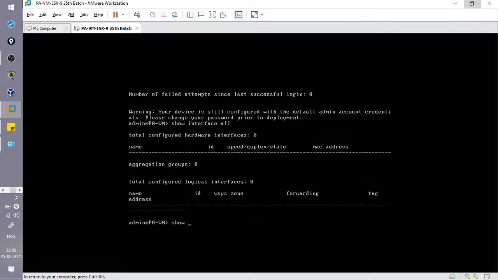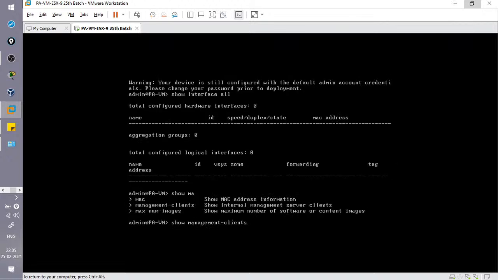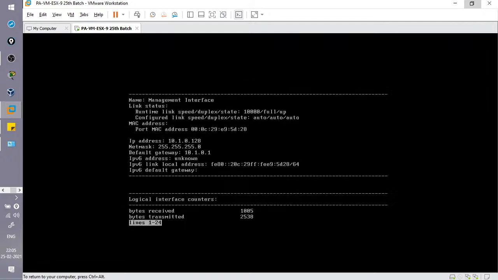So show interface management, enter. Now this would be the IP address for your management interface, but this is your DHCP configured IP address. Now let me tell you the way to configure your management interface by using the workbook